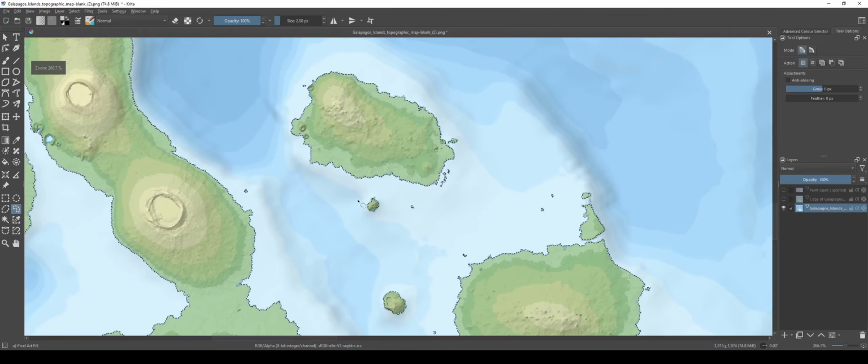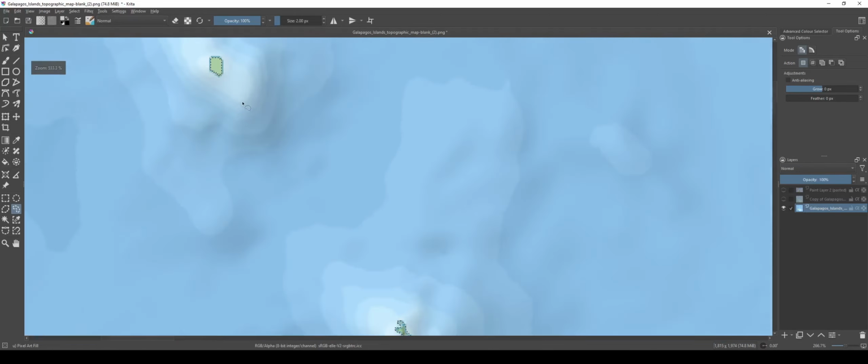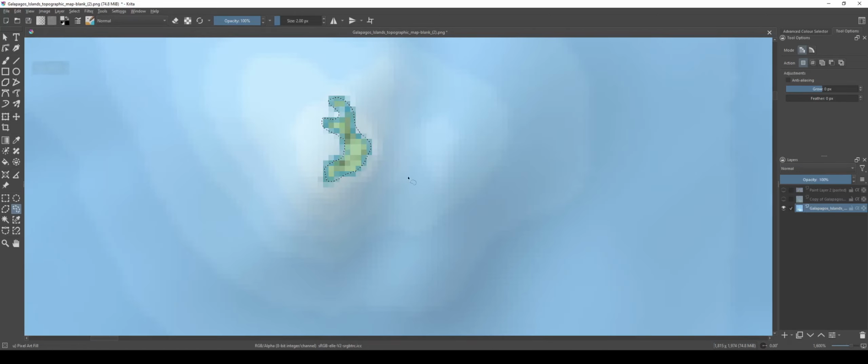I'm assuming you already know a lot about Krita. I'm speeding. I apologize. If this is confusing, you can ask in the comments. I'll try to answer you. Anyway,